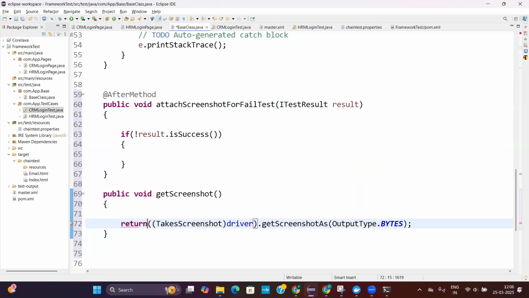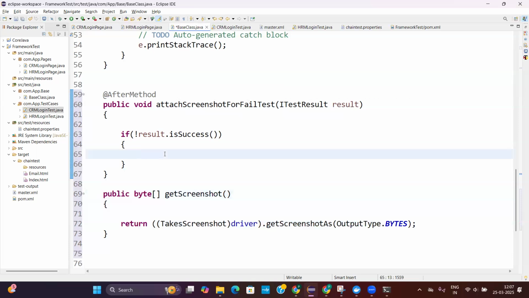I will just write the statement here. Correct? Then what will the method return? Absolutely, a byte type array. So we are just running this test to attach the screenshot in our project report. Got it? And here, just to attach the screenshot, again you have to follow the same listener, ChainTest listener,